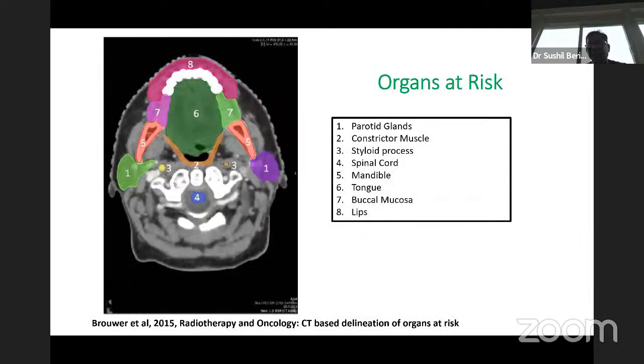So switching gears from the GTV, CTV, and PTV, let us switch gears to the organs at risk. So I asked the question: what is the tolerance of the spinal cord? And one of the listeners said 45 gray. Spinal cord tolerance is not 45 gray. The tolerance concept came from the old concept that there is a 5% probability of grade 3 complication with the dose.